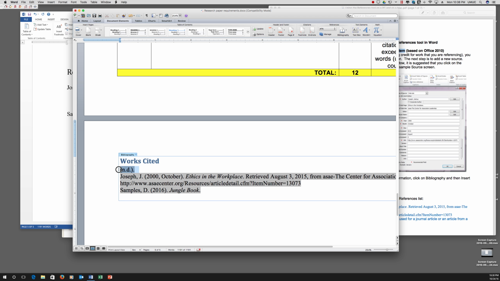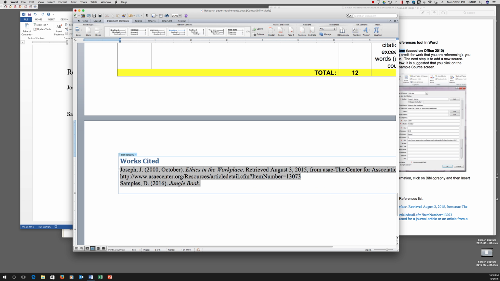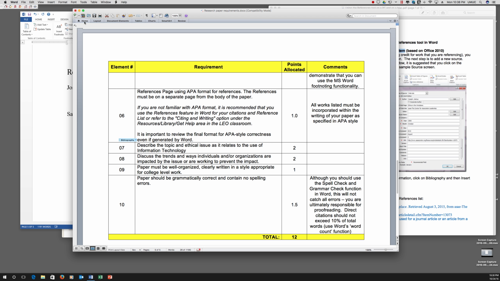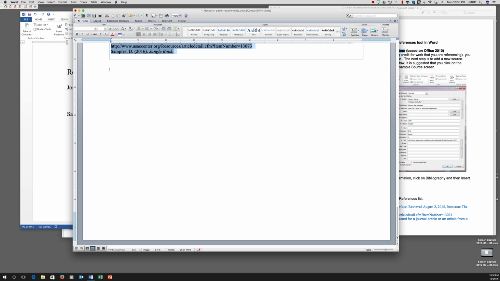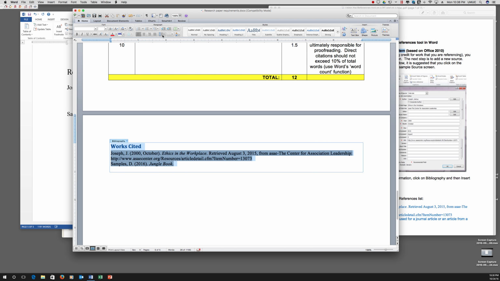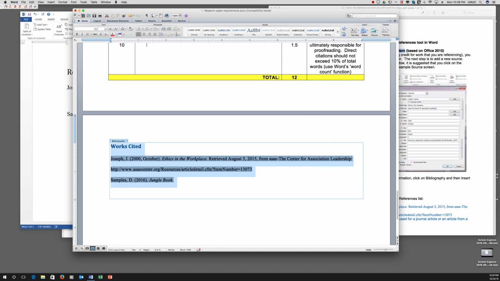You can see how it added the two extra references that we did not use. Not a big deal, just delete them. Now, another thing that I noticed with the Word for Mac, it doesn't give you the full formatting that you had before, and that means you're going to have to do that yourself. The way to do it is, again, you go to the home page in this case, and we are going to add the double spacing that is required,